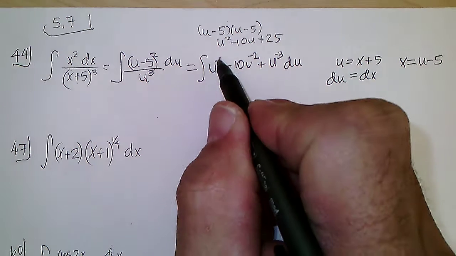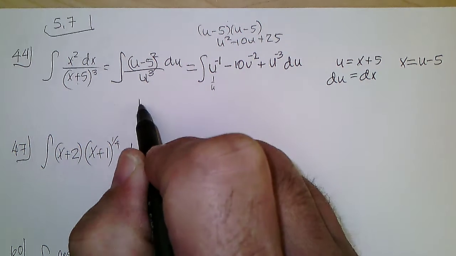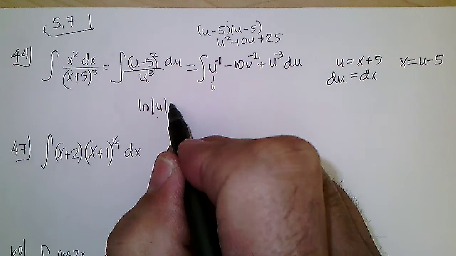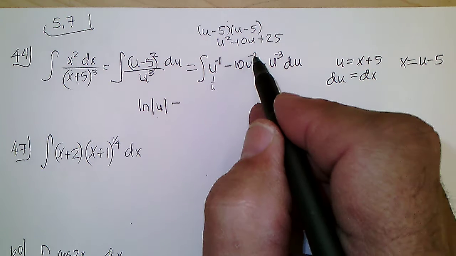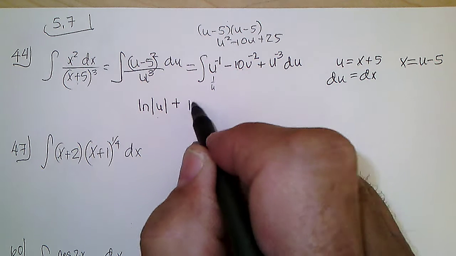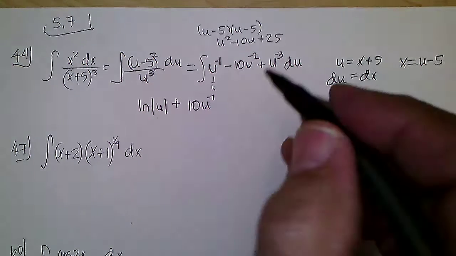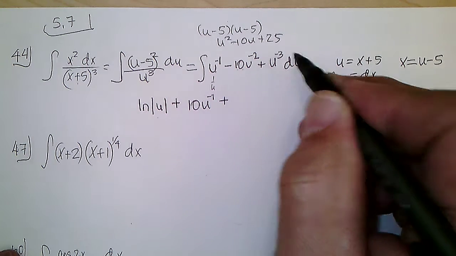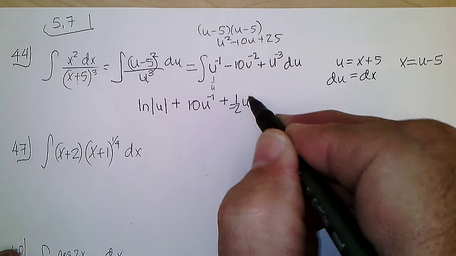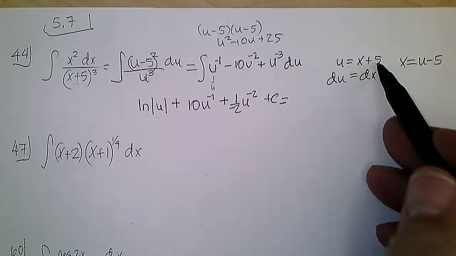which is going to be, so 1 more than u to the minus 1 is 1 over u, so that's ln, absolute value of u, minus, and 1 more than minus 2 is minus 1, and divide by minus 1, so this can be plus 10u to the minus 1 plus 1 more than minus 3 is minus 2, and divide by that, so that's minus 1/2 u to the minus 2 plus c, which is going to be, now if I put x plus 5 back in here, I'm